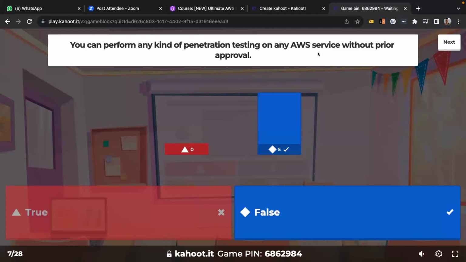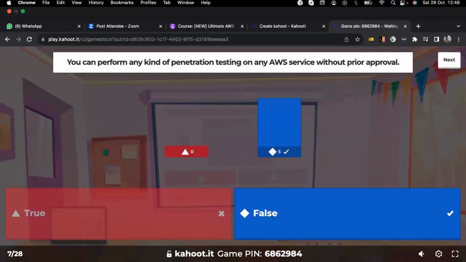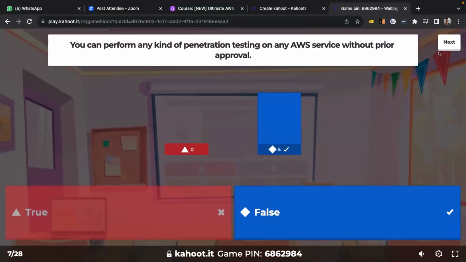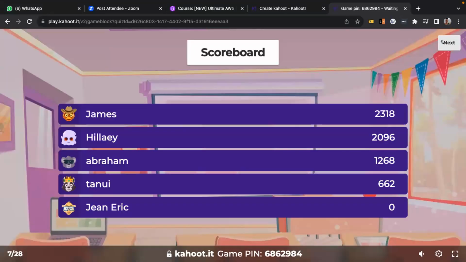Yeah, there are many of them. So if you go to the penetration testing page in the AWS documentation, you should see all the services that are allowed and then some that are prohibited. For those that are prohibited, you need to ask for approval before doing any penetration testing.